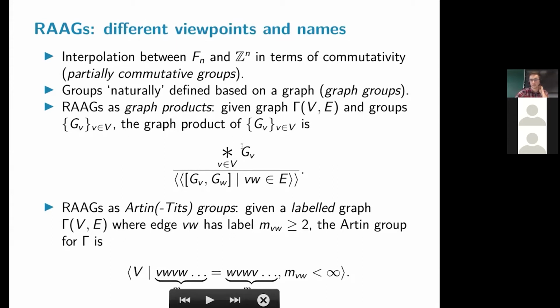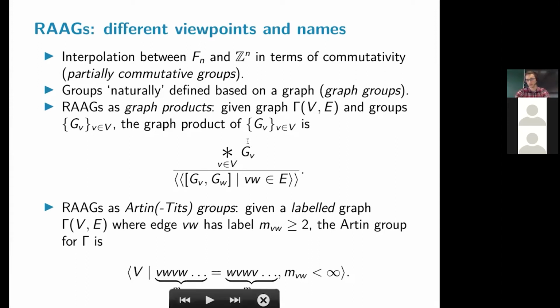And then to construct a graph product of these groups, you first take the free product of all the groups, and then in analogy with the right-angled Artin groups, you let two groups in this free product commute,